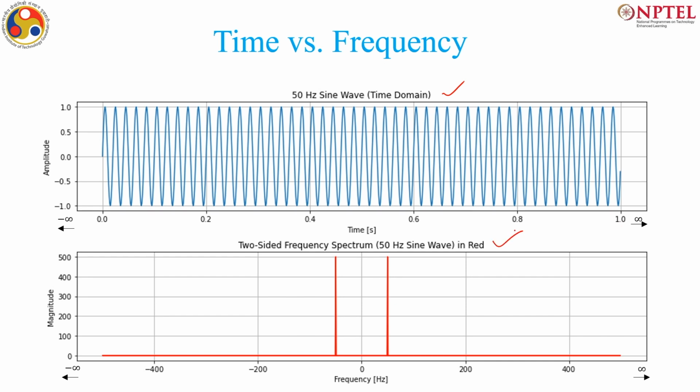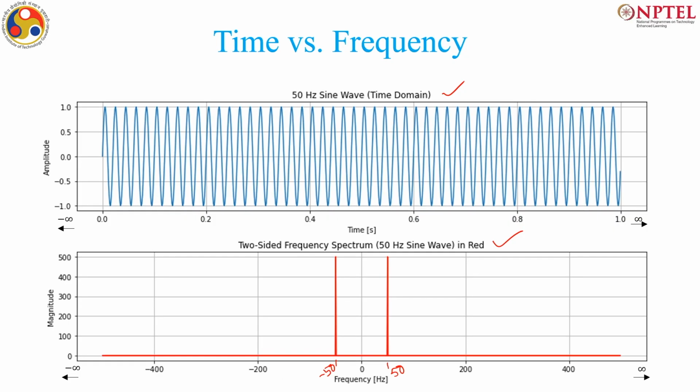The second modality is analysis in the frequency domain. Here we see that it has a frequency at plus 50 and minus 50 hertz. So, both the domains give an idea of what the signal is about. Of course, there can be a shift in phase, so just the amplitude or magnitude spectra will not tell about that information. You also need the phase spectra, but related to the frequency content,